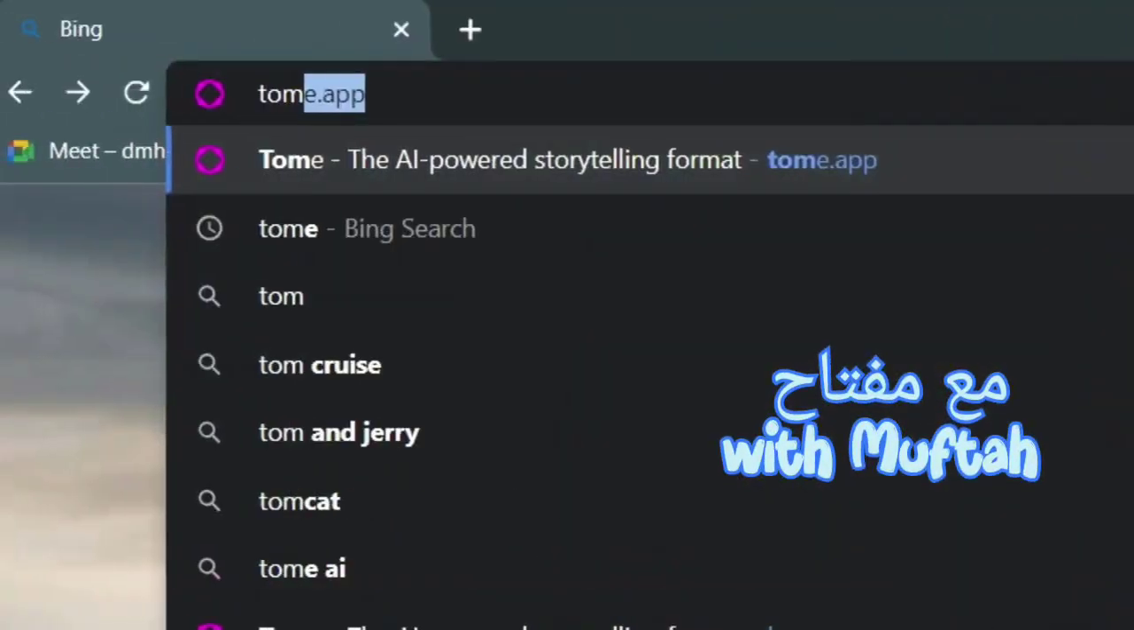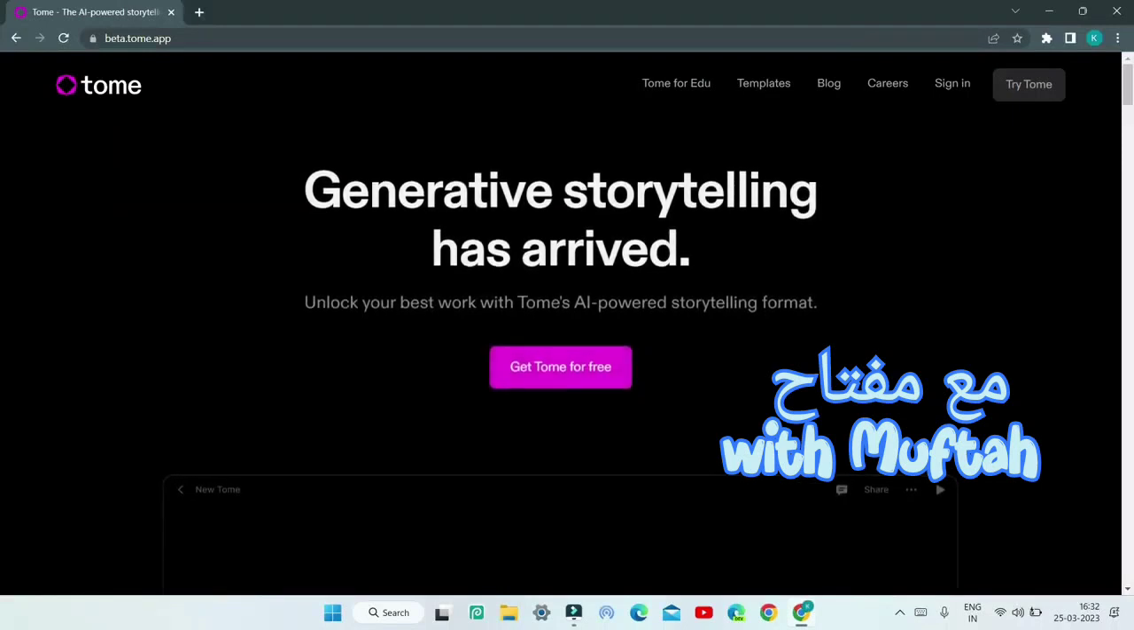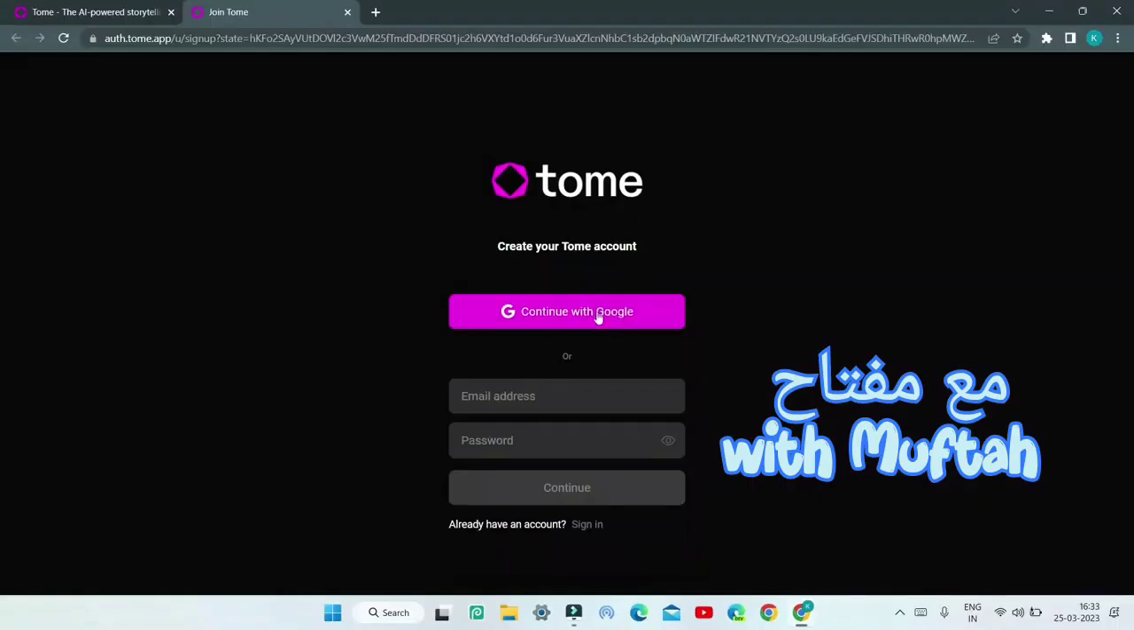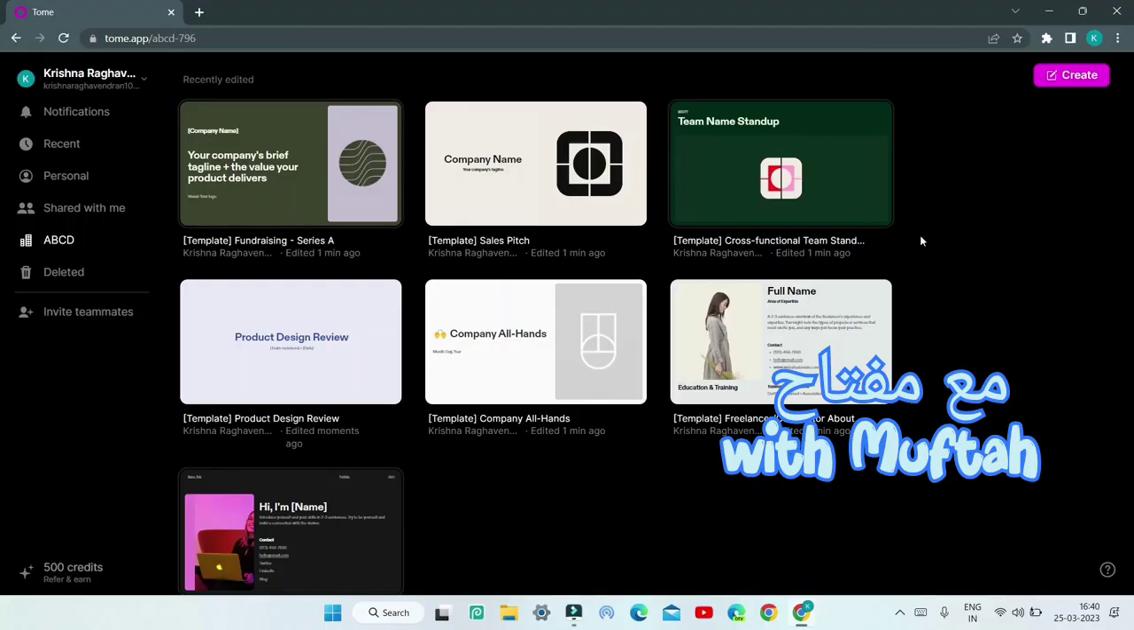So we are going to go to Tomi.app, which is the AI tool or website which we are going to use to create professional looking presentations using AI. So first let's click on Get Tomi for free. And now to log in to your Tomi account, you can either use your Google account or enter your email address and password. Once you have logged in and entered all your details, you'll be redirected to this home page